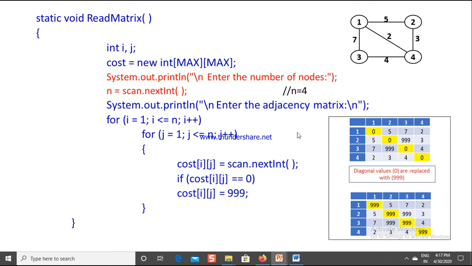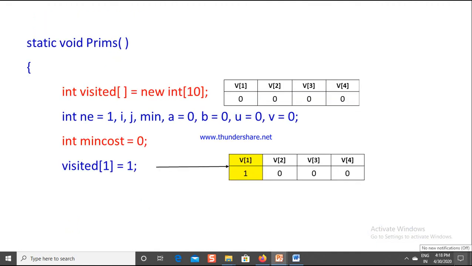The closest vertex is the vertex having an edge with the visited vertex with the least cost, and it should be an unvisited vertex. By that concept, in each iteration we go on adding vertices in the case of Prim's, and edges in the case of Kruskal's algorithm. So here, wherever the diagonal elements are there, we made it 999.